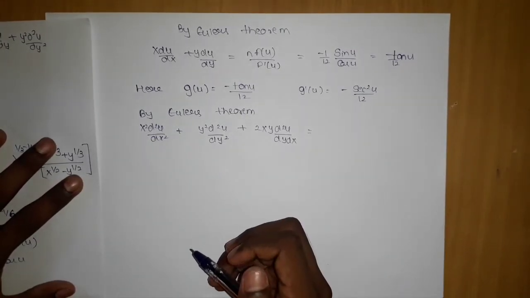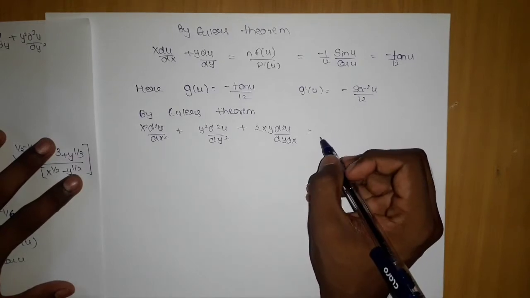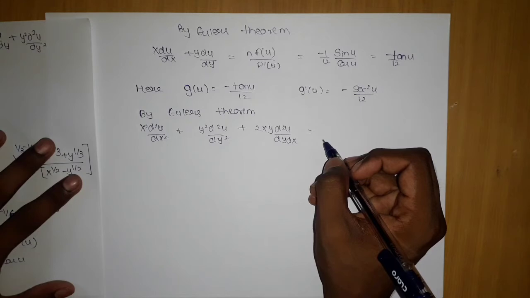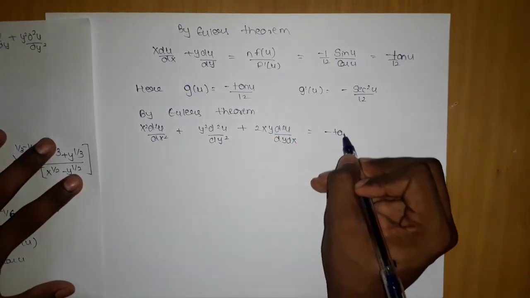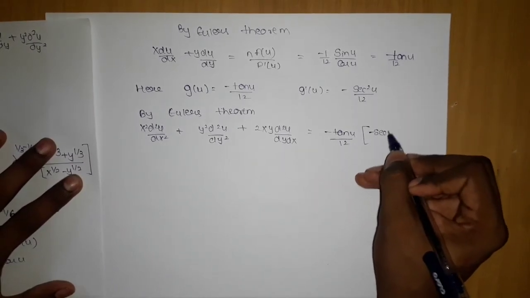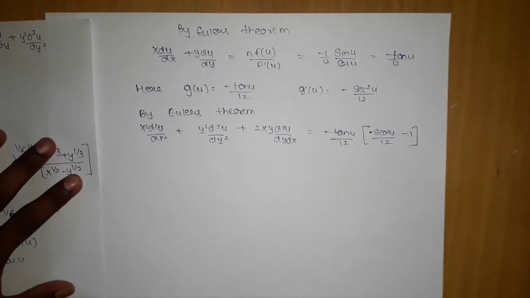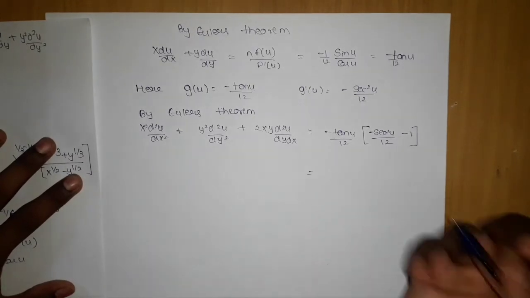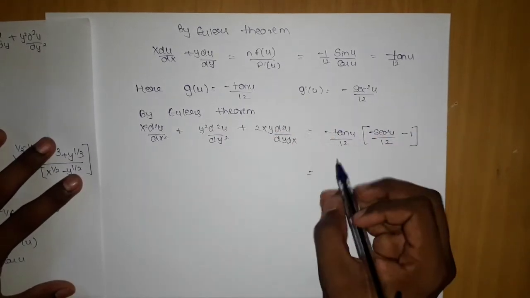What we can do? So I'm going to substitute. What was it? g of u into g dash u minus 1. So g of u is nothing but minus tan u by 6, and g dash u is nothing but minus sec square u by 6, minus 1. If I remember properly, sec square u I can write as 1 plus tan square u. So I will substitute that. Or you can do one more thing to reduce this negative: take it outside, it will become plus.